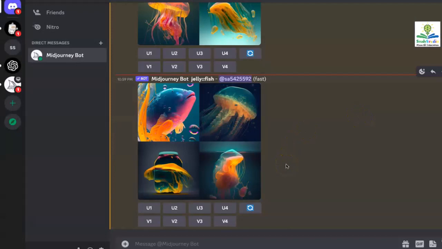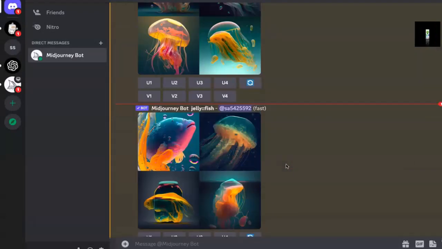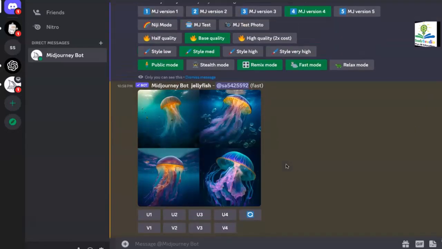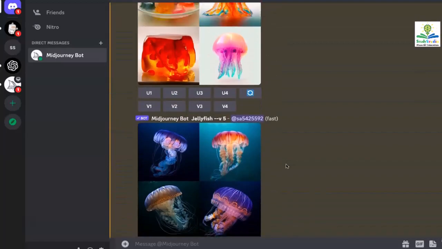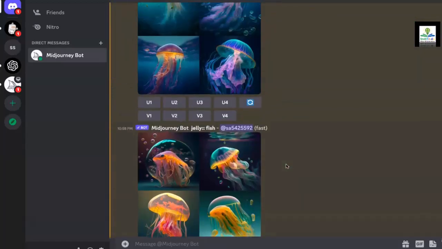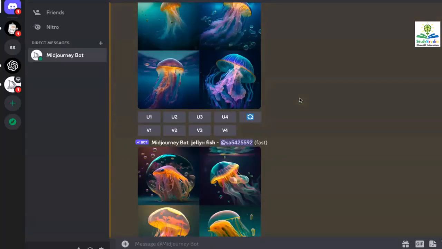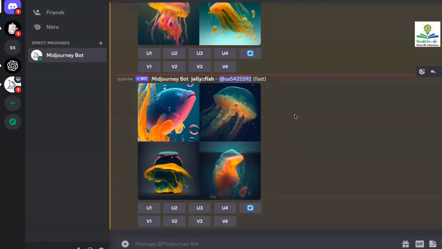So in this way, I was able to see that version 4 does a slightly better job than version 5 in terms of the assignment of text weights, and the output is more or less the same and it's not a huge difference. Actually, version 5 output here looks a lot more realistic versus the version 4 output. So that was a quick discussion on text weights and how they can be used to optimize your output. One more thing I can show you is